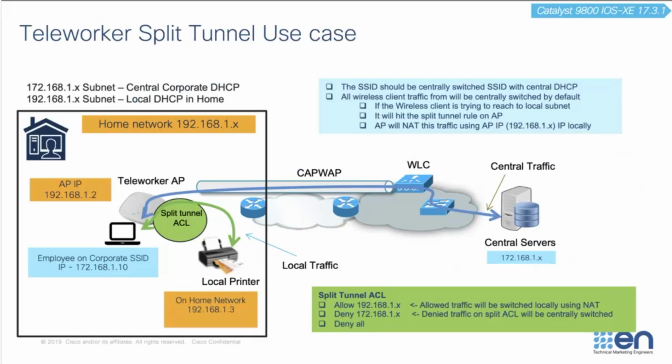We also support split tunnel, and the reason we support this is because users at home are using a number of applications that do not need to go all the way back to the corporate headquarters in this CAPWAP tunnel, because that causes extra latency. It also consumes bandwidth. So split tunneling is really a mechanism by which your traffic can be locally switched if